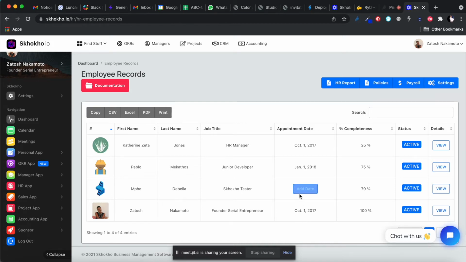So you'll come here, and I think maybe Trifina is the one who must do this, because Trifina, you will also have access to the HR app because you know when they started their employment date, okay? So you'll come here, you click add date, it takes you to their detailed file. I think my